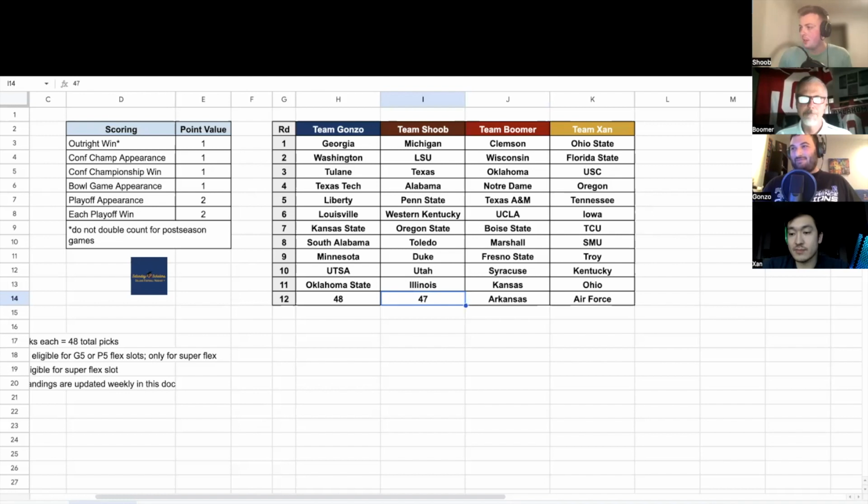All right. Well, with my final pick here, I need to go to the G5. I can only pick a G5 team. I have one G5 flex spot open. I wish I could pick P5 because there's a couple other P5 teams that I would take here. So with the final pick, I have Western Kentucky out of CUSA and Toledo out of the MAC. I'm not going to double tap on those conferences. I got to diversify my G5 portfolio. I'm going to go into the Sun Belt because I think the best teams in the American have been taken already. And the Sun Belt, I still think, has some untapped potential here on the board. South Alabama, man, Gonzo, I can't reiterate that enough. That was a great pick.